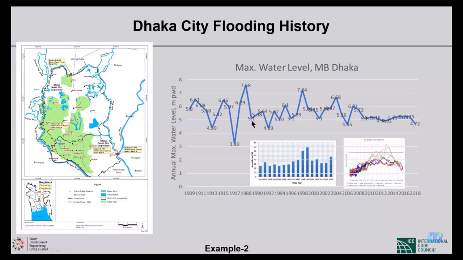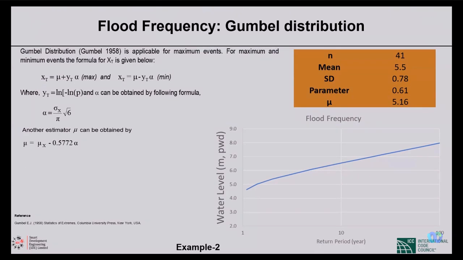From the graph, we know that in 1988 it was very close to 8 meters. In 1998, it was also less than 88 but close to 8. Another one is 2004. These three years are very high flood levels. If you do the frequency analysis based on these peaks, you're going to get a curve like this